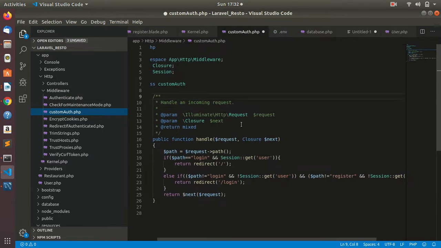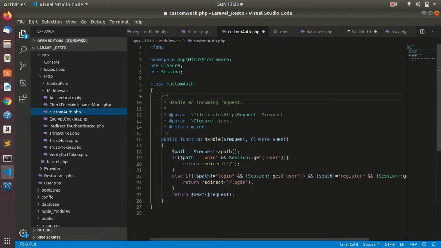Inside this middleware we have applied some if-else conditions, which help us to authorize the user and maintain authenticity, so that if a user is not authorized he should not be able to access those pages.